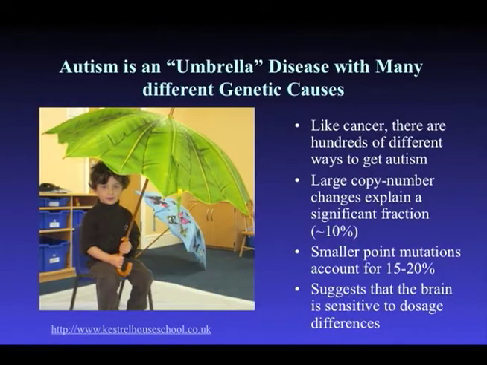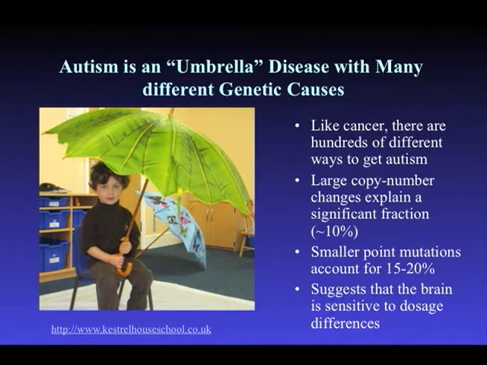Autism, all of us know, is an umbrella disease. Developmental delay is even a bigger umbrella, right? But I see all of these as a spectrum of diseases. So epilepsy, schizophrenia, there's a component to the etiology of all those diseases that is shared. And I think I'm becoming a believer in the Danny Weinberger kind of model, the idea of essentially a neurodevelopmental hypothesis for these. And just like cancer, there are hundreds of different ways to actually get genetically autism.